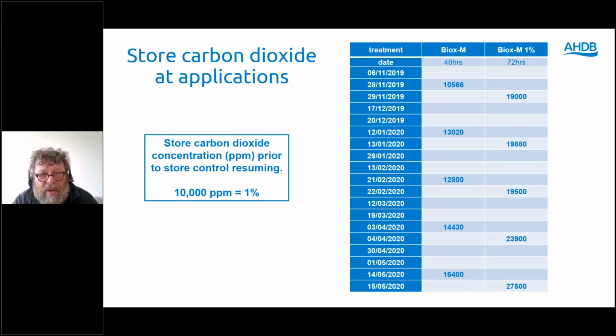We did this also with another post-harvest treatment, and there is a trend towards higher carbon dioxide levels accumulating as the storage season progresses. These kinds of carbon dioxide levels should make store managers nervous. They should make all of us nervous, because there is a human health implication here, so we do need to be careful. But if we go on to the next slide,